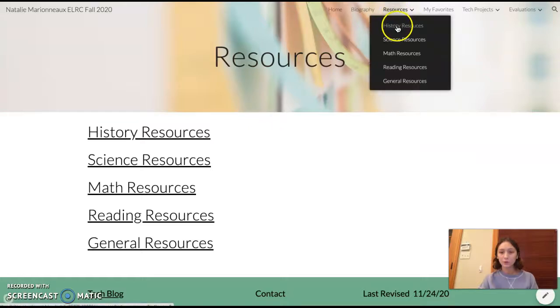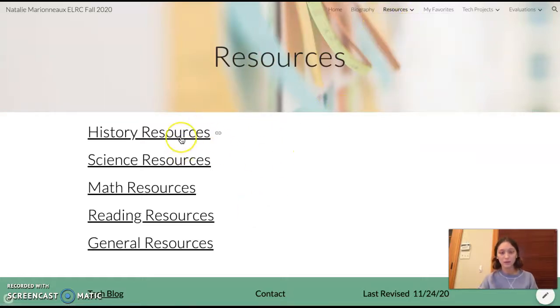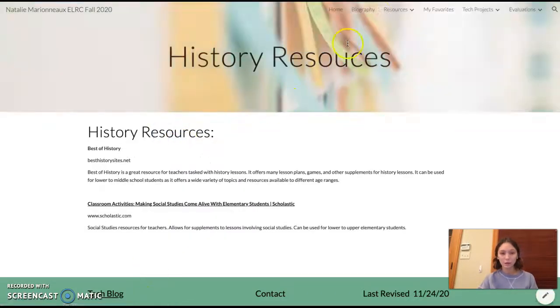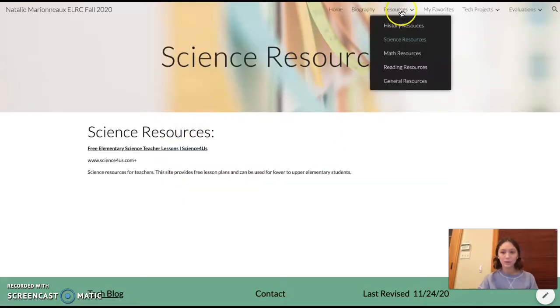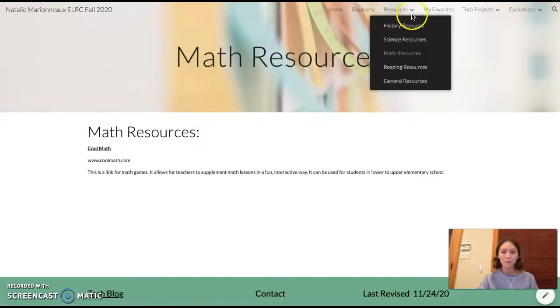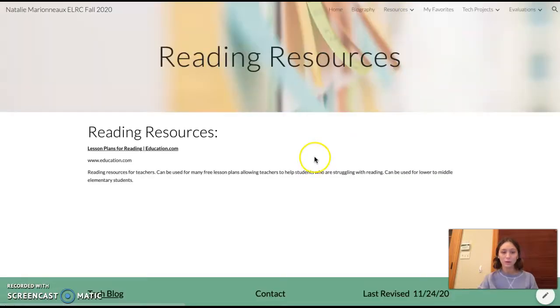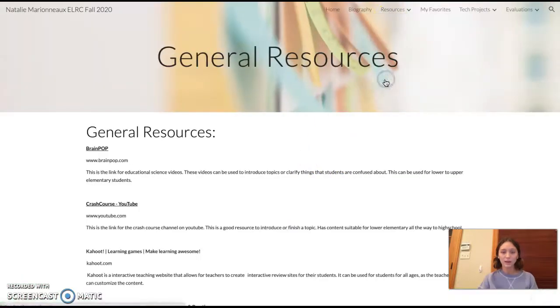For my resources, I have a bunch of different links to different resources students can use, and those are all separated by subject and then linked to the main page. So you can click on each of those links and it brings you to the right page. So I have some history resources, some science resources, some math resources, some reading resources, and finally I have some